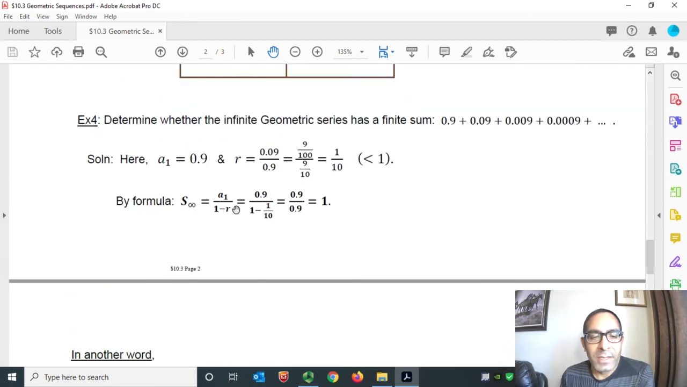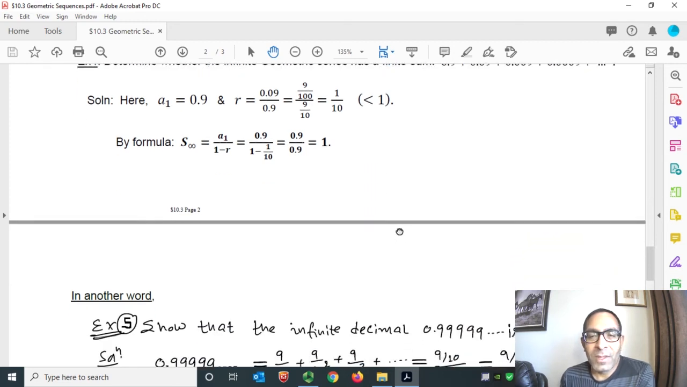Then next step, first term is 0.9, common ratio is 1/10, so put it here. Then simplify. It turns out that this sum equals 1. Awesome. Now let's move on. Let me